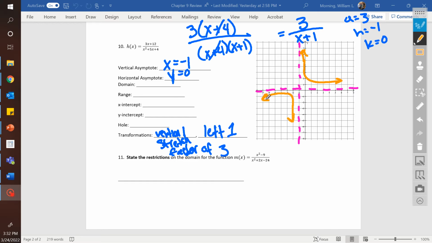And I'm trying to think back to the previous problem. I don't know if I did the whole of the previous problem. I assume that I did because I have it right there. So,